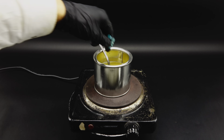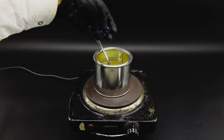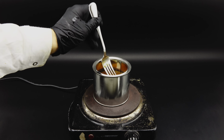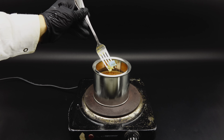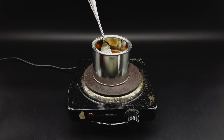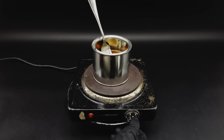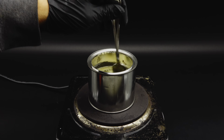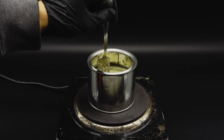I threw in some plastic just to see if the heat from the sodium hydroxide could start decomposing it, and indeed after a few minutes it became opaque. This meant that this whole thing is working, and to speed everything up I cranked the heating. After a while, all the liquid inside the can got much less viscous and turned from brown back to yellow,